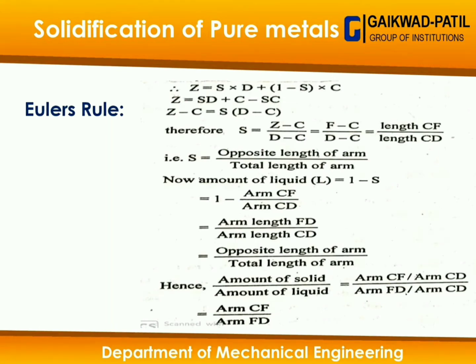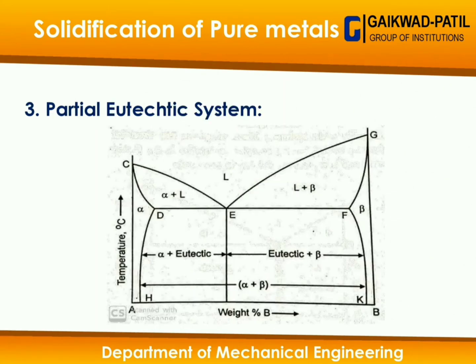Now the next system is the partial eutectic system. It is one of the modified systems of the eutectic system. In the eutectic system, we have seen that metals A and B have melting temperatures C and G, but with a wide difference between their melting temperatures. When we allow metals A and B to cool down from points C and G for formation of an equilibrium solution up to point E, then simultaneously a nucleation phase gets formed. Those phases we call alpha and beta.